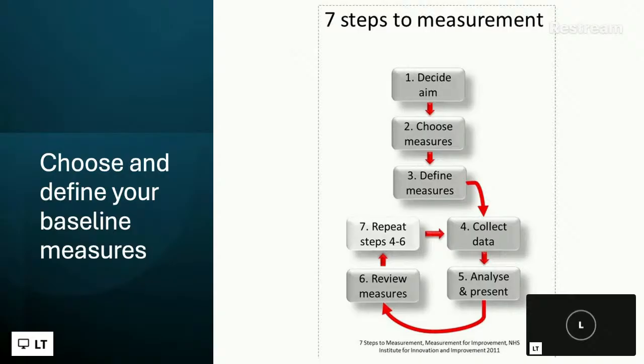So second, then choose the measures that match the aim. Think of it in 3 separate categories. Your outcome measure, the end result you care about for patients. For example, percentage of babies with admission temperature of less than 36.5 degrees. That's your definition for hypothermia. And the outcome would be your percentage. Your process measure,